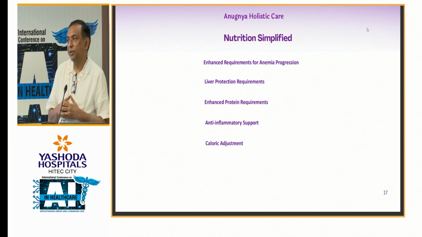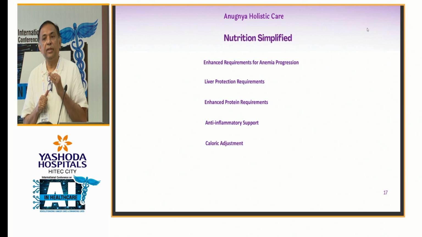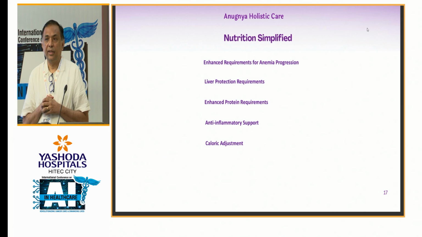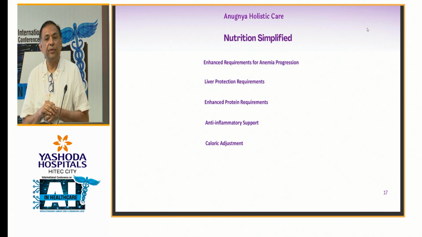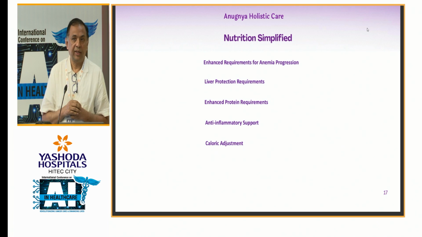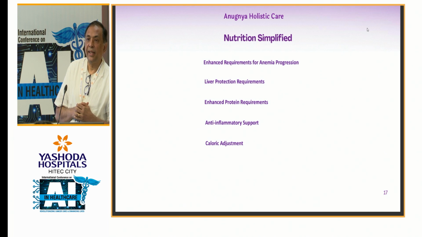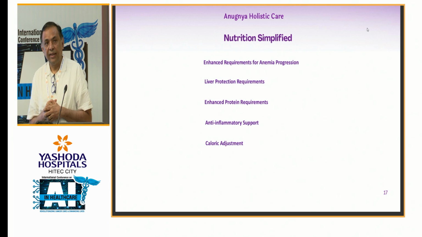get 3 points across. The first is that nutrition is critical for treating oncology. And it is even more critical for ensuring continuity of treatment, because one of the biggest things which prevents continuity of treatment is malnutrition brought around by toxicity. Right? The second point I'd like to leave you guys with is that